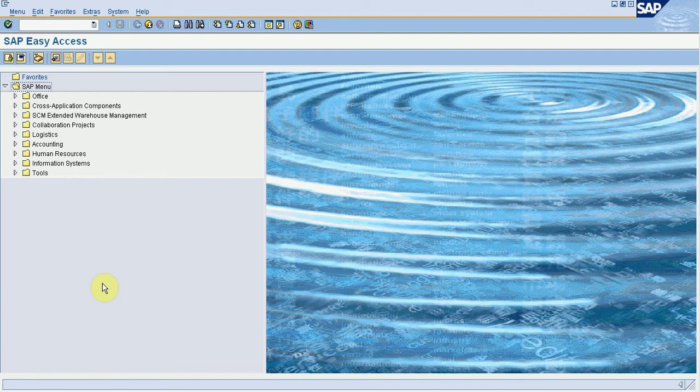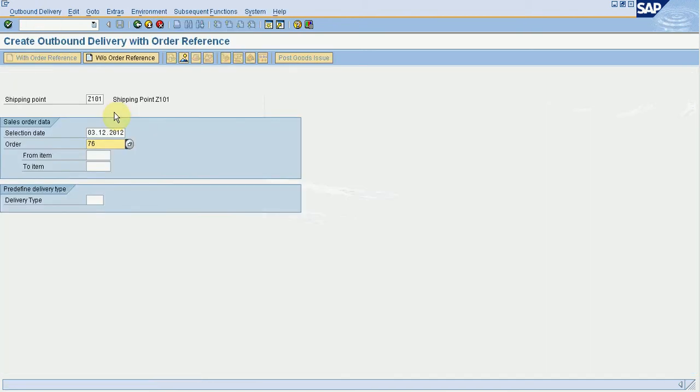Once the sales order has been created, the second step is to ship the product to the customer. For that we have to create a delivery. The shipping point is assigned to the plant from which the goods are dispatched to the customer.